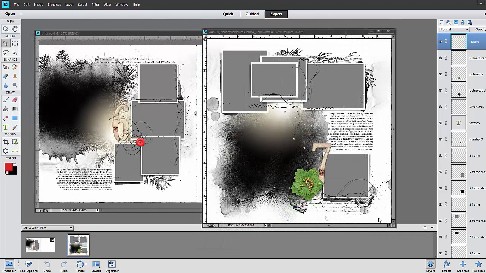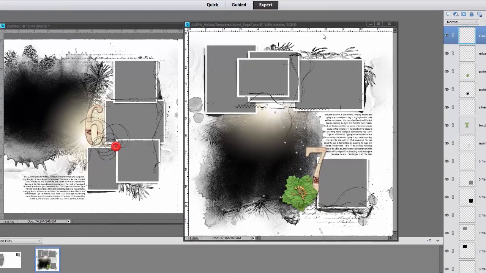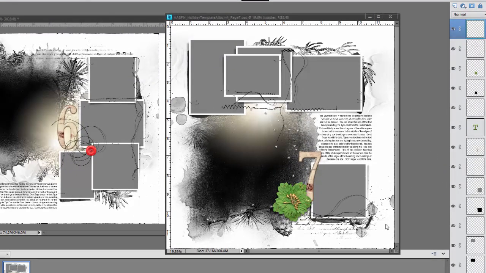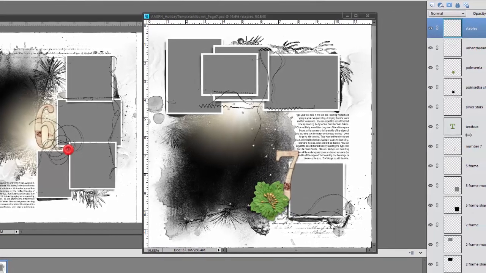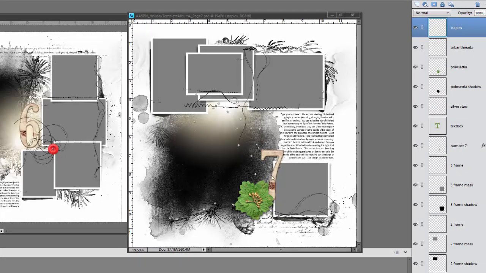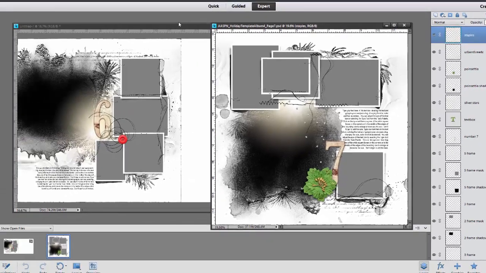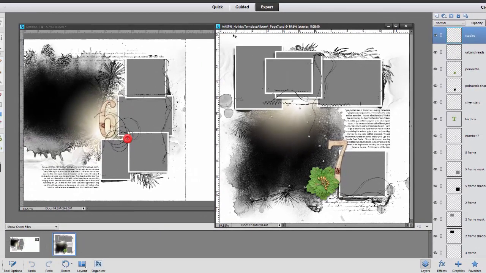So you can see in my Photoshop Elements 11 workspace I have 2 of the templates open. I'm working with pages 6 and 7 from Holiday Template Album 4B. Each of the pages are delivered in 12 by 12 inch PSD format, which allows you to access all the layers that make up the page, and I like to work on 2 pages at a time, so I go